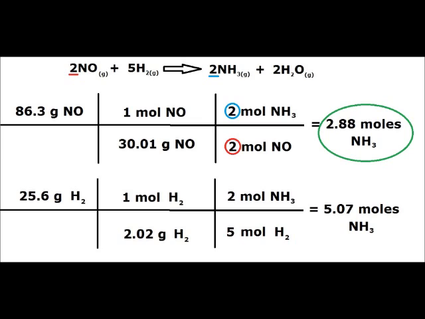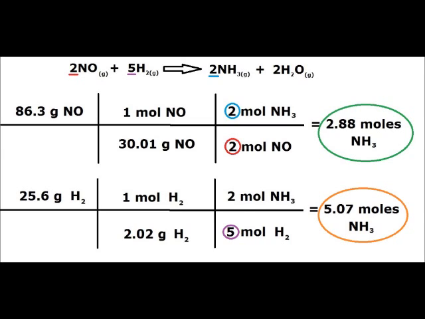So we follow the same process, which I'm going to put up here. 25.6 grams of hydrogen, 2.02 grams of hydrogen for every 1 mole of hydrogen. Now remember, this is H2, so it's 2.02 instead of 1.01. It's not just a hydrogen atom. Hydrogen is a diatomic gas, so it's 2.02. And then if I look at the ratio, here's hydrogen on the bottom to cancel out the other mole of hydrogen up top there. And I want to get into moles of ammonia. I have NH3 up top and H2 at the bottom. It's 2-to-5 based on the numbers I find in the balanced equation. I solve all of this and I get